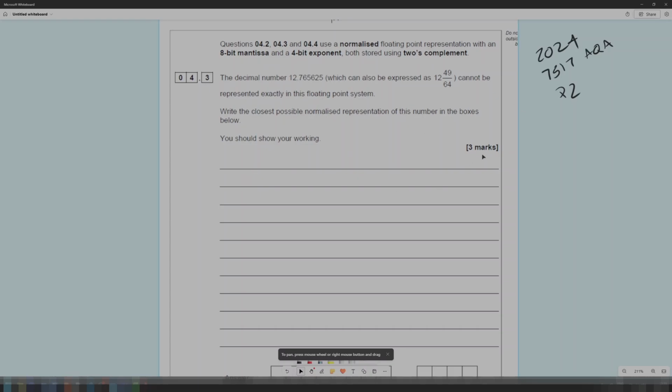It should show your working. 3 marks, so we need to actually show off what we can do. Also, the going advice is that even if you get the wrong answer, if you show your working, you might be able to pick up some extra marks. So